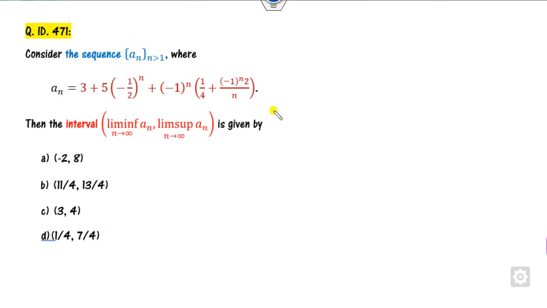Look at the second question: how can you find the infimum and the supremum? Again, it's a very simple question. You have to find the limit as n approaches infinity of this a_n, but here there is a negative term raised to the power n. It means there are two cases, either n is odd or n is even. What will happen if n is even? Firstly, this number is positive,